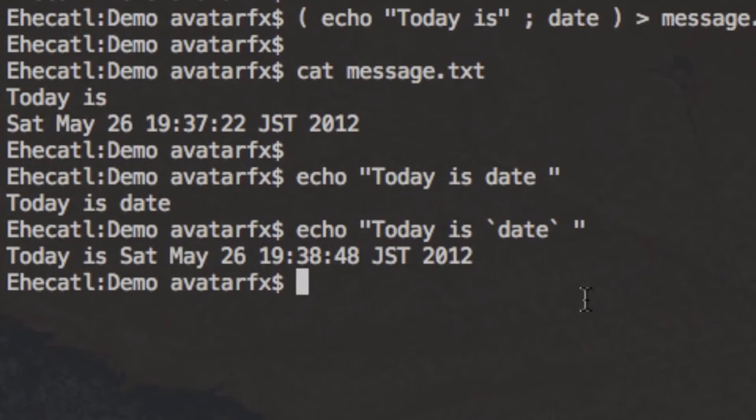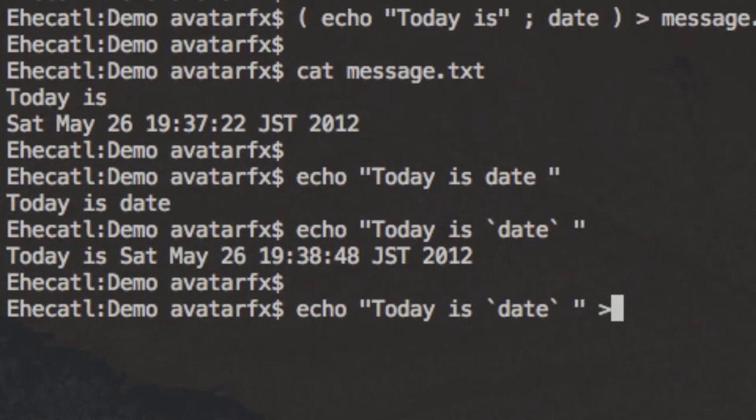Now, this is very cool. What's going on inside? What happens is it will execute this command and it will send the standard output as a standard input of the other command. Don't have to really think too much about it. This is just the background. But what's important is that we can recycle this command and send everything to the message